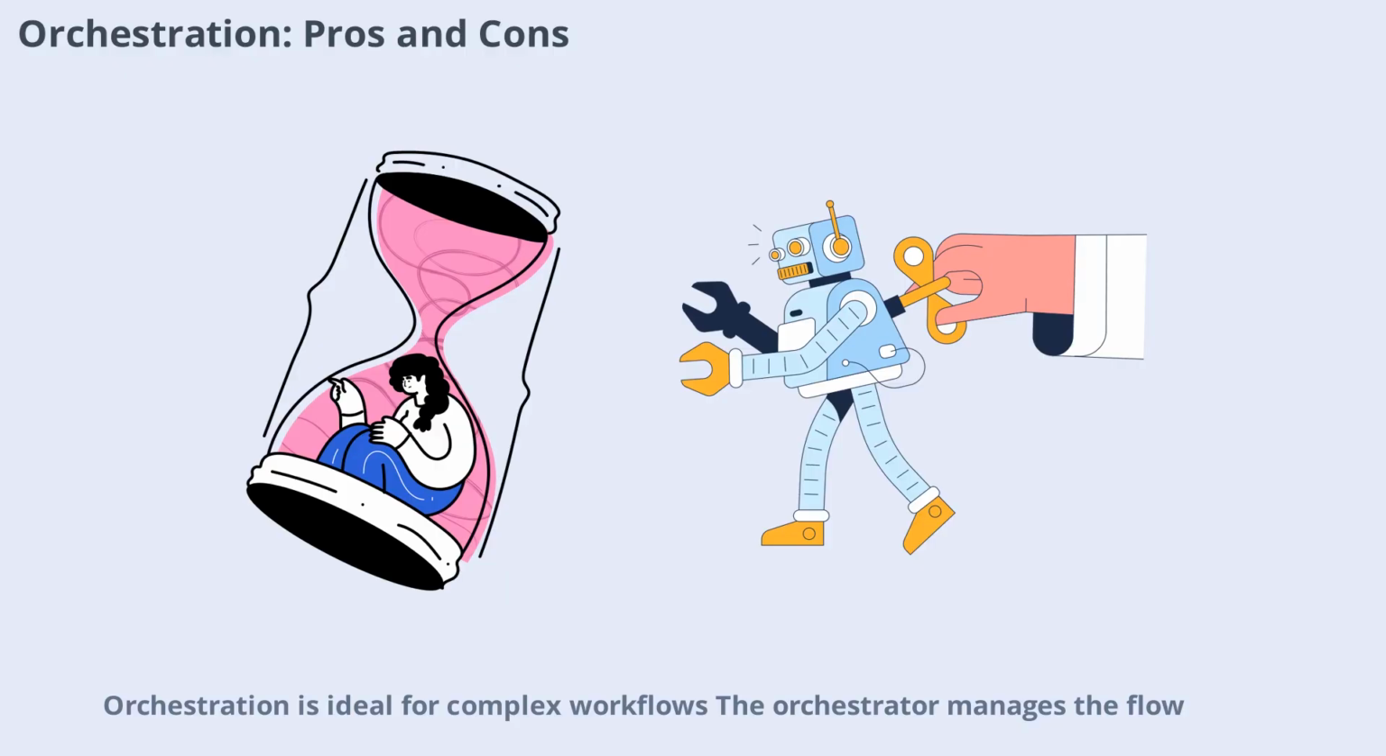Orchestration is ideal for complex workflows. The orchestrator manages the flow, avoiding cyclic dependencies and making responsibilities clear. However, this approach introduces a single point of failure. If the orchestrator goes down, the whole workflow can be affected. It also requires more design effort to implement the coordination logic, but the benefits often outweigh the drawbacks in large